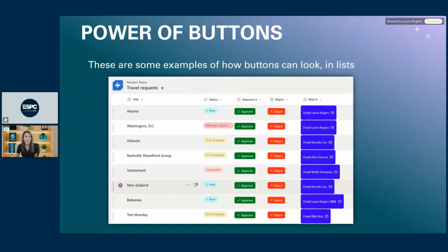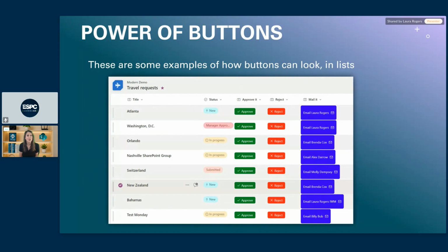So here are some examples of some buttons. And you'll notice that what I did was I really just created a column. When you're creating these buttons, you can create just a brand new blank column, just a text column, and simply apply JSON code to it.